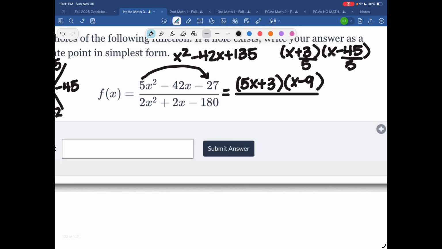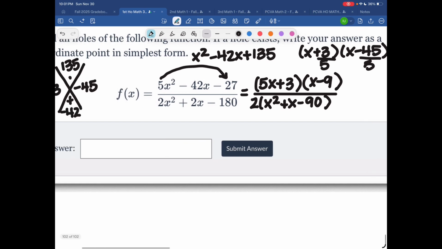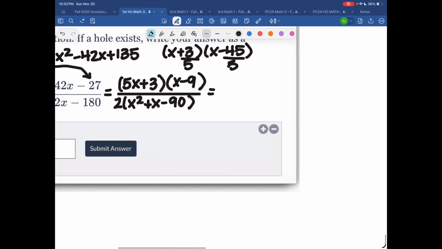All right, so over here, we have a GCF of 2. So that's going to give me x squared plus x minus 90. We are not going to need to factor that with the slide and divide, because we already took out the GCF of 2. So for multiples of 90, that's going to be negative 9 and 10. So my final factored form